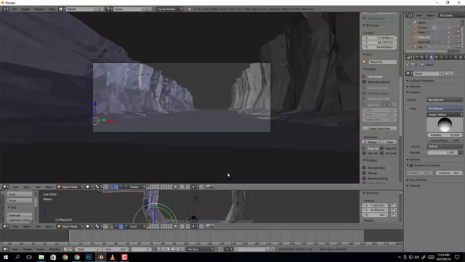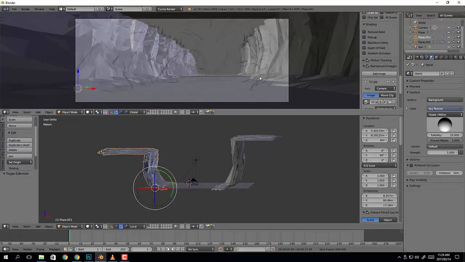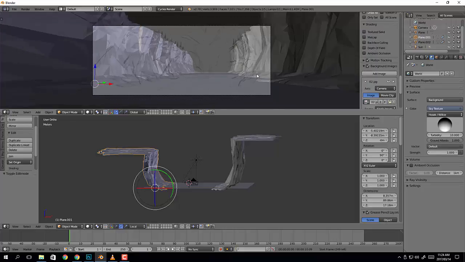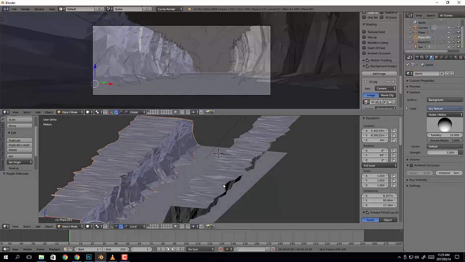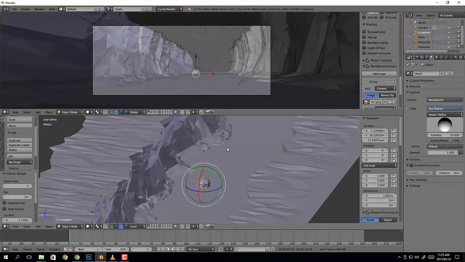Okay, now let's get back to our drawing and see what all we still need to add to this to make it look how we want it to look. We still need our trees on top, we need clouds, and then we need to do something with the ground to make that a little bit more interesting. We need rocks on the floor over here, and probably our light source at the back, and that should get us quite far. Okay, so for the rocks, what I'm going to do is add an icosphere